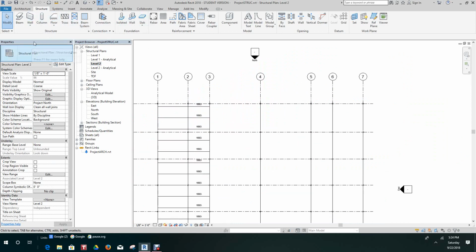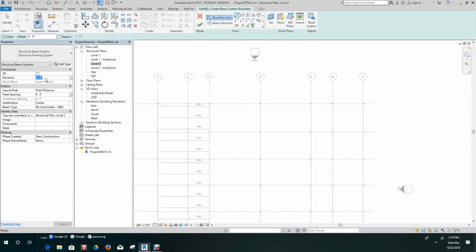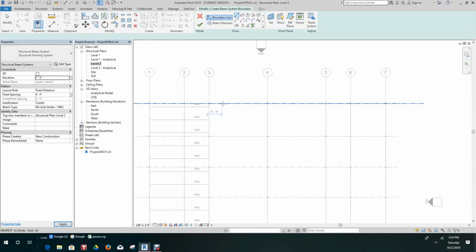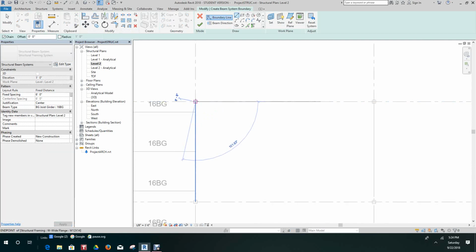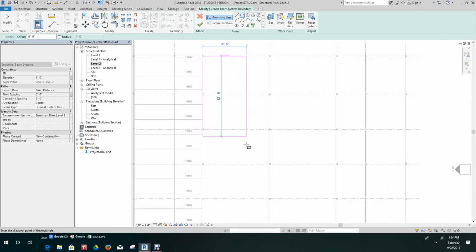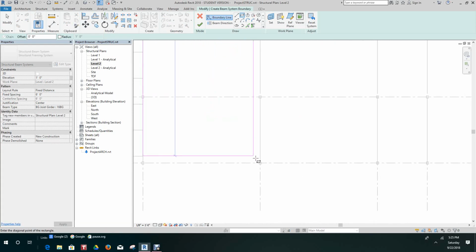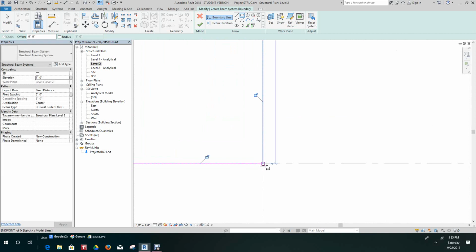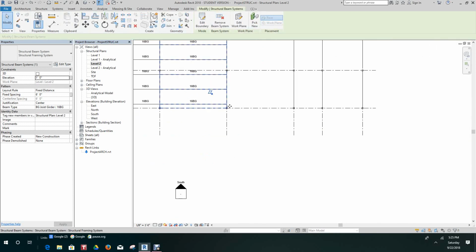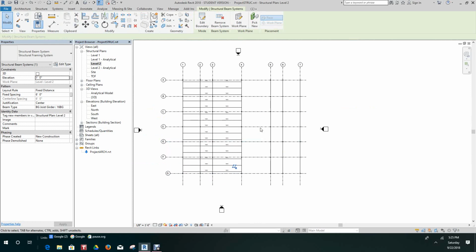Okay, structure beam system. Elevation will be 1. We'll go from here, rectangular, go from here all the way down to here, and we'll click finish. And there, okay, we're looking good. So now,